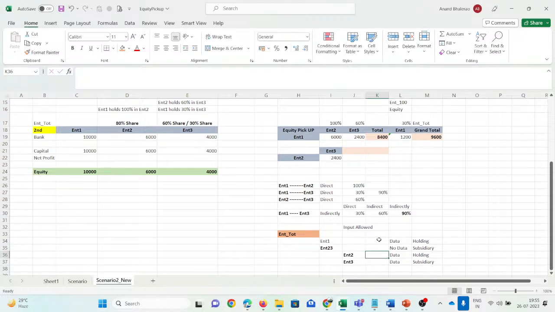So what is the ownership percentage here? It will be 100%, and entity 2 will be 60%, and it will be 100%. Means entity 1 has 100% share in